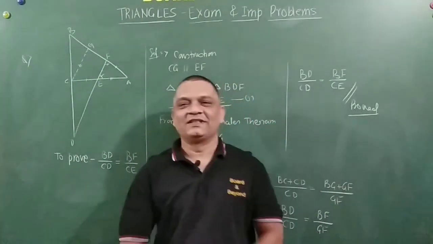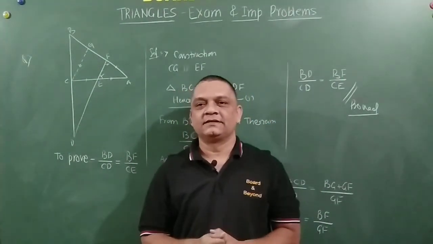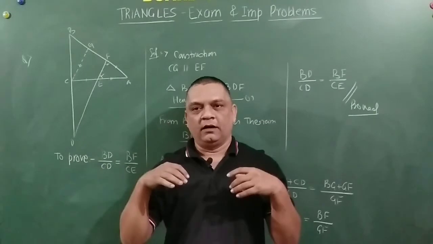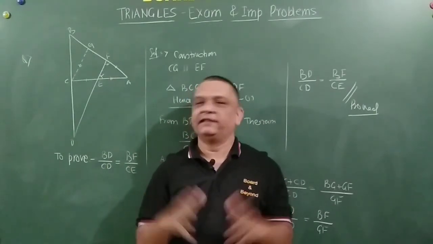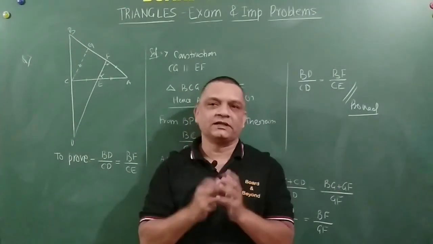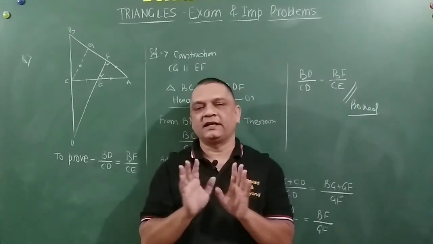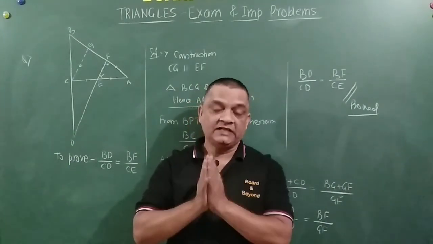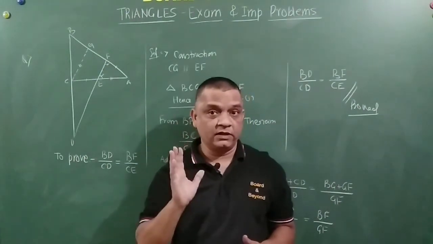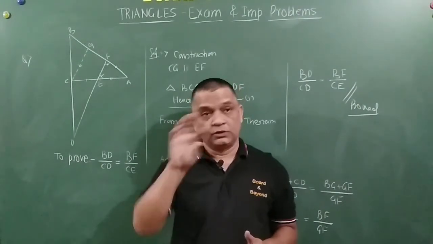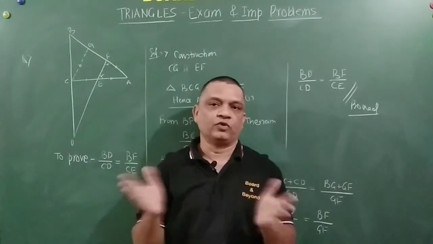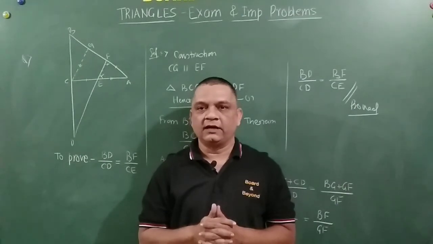So friends, with this I close the chapter triangles in all respects now. From the 10th standard point of view, I don't think anything is left behind here, right? Only thing is that you have to understand how they twist the problems in the examination, and you have to come out of that. So please practice what I said about the right angle triangle. That's quite important, and there are different derivations out of that. Once you understand the concept, you need not worry about what is to be proved. You will automatically be able to prove that. Right, friends? So with this note, I close it here.